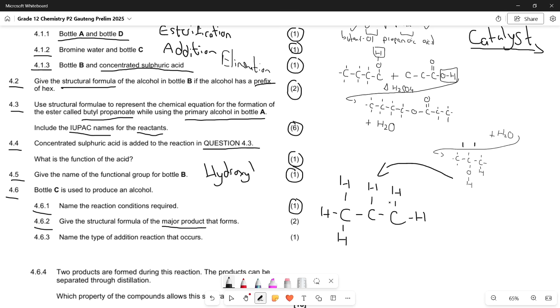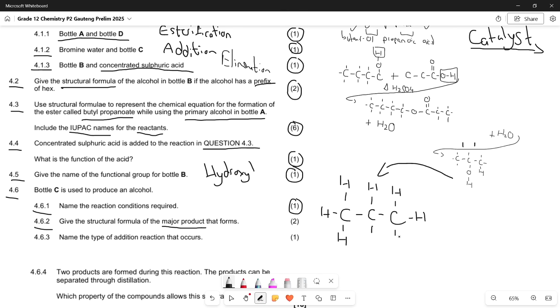But there's a rule called Markovnikov's rule, which means when a double bond breaks, the carbon with the most H's, so here we have 2 H's, compared to this carbon over here, which only has 1 H, the carbon that has more H's will get the H. There's a memory device that says the rich get richer, and that means the carbon that has more H's will then get the H over here. Compared to the minor product, where the carbon with fewer H's ends up getting the H. So if it said minor, we'd put the H over here, and then we'd put our OH on this one. But it is saying major, and major means that the carbon with the most H's,